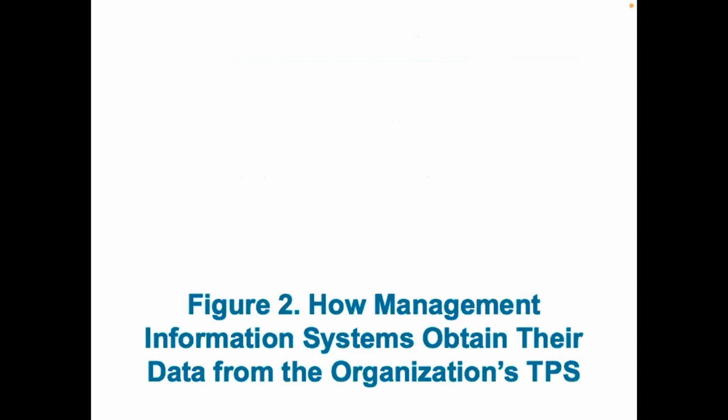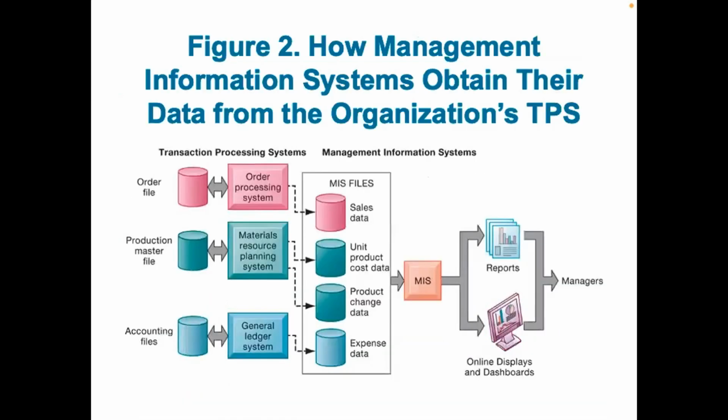Then let's look at this. How management information systems obtain their data from organizations. Let's look at the typical integration of a transaction processing system and a management information system when you order. So transaction processing, we're talking about the guys at the bottom, typically when you are ordering. Order processing, materials resource planning. If it's a production